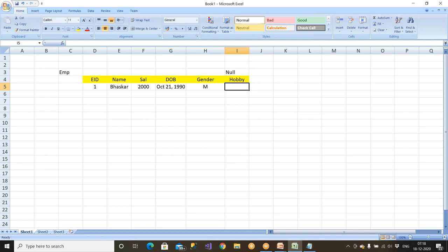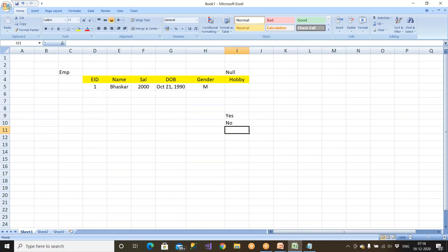For example, a thief got arrested by the police. The police are interrogating: did you steal the laptop from that room? That is the question asked to the thief. Did you steal the laptop? The thief says, yes, sir, I have taken it, sorry. So the thief is saying yes. Yes is the data, right? Or the thief says, no, sir, I did not go. I never steal. So that is one more answer, no.